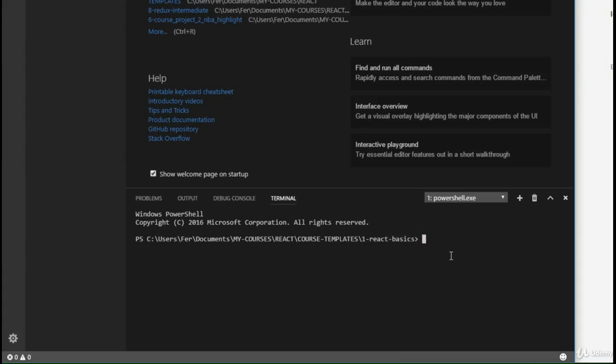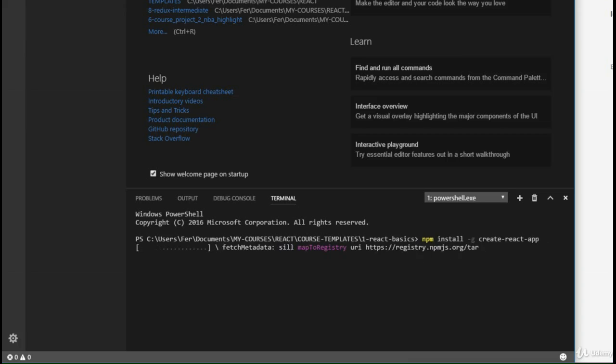So first, to do this, we need to install the boilerplate globally so we can access React that way. So first, we're going to write npm install, just like that. Then we make a space and we say -g. -g means global. So this will install this boilerplate inside our computer, inside Node. So whenever we run a simple code, we can install a boilerplate just out of the blue. So I'm going to say create-react-app and then just click enter, and this is going to download and install the React boilerplate